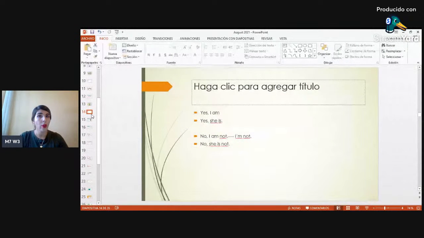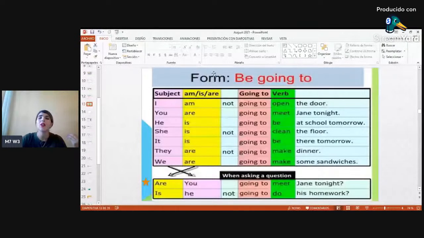The way, if you see here, we're just using the verb to be as an auxiliary. Si nos damos cuenta, en el going to, usamos el verb to be como auxiliar. Entonces, nuestro auxiliar inicia la pregunta y después el pronombre. Lo mismo sucede